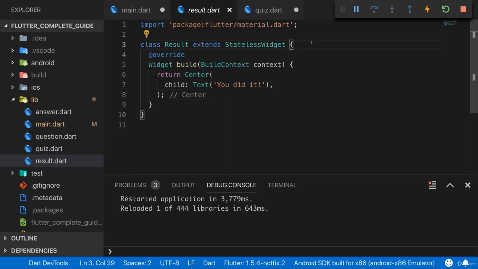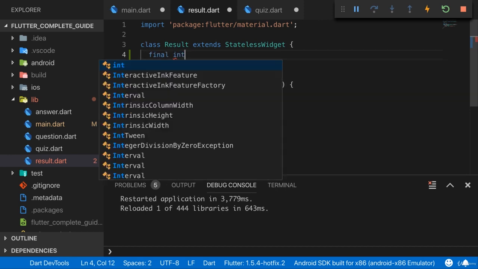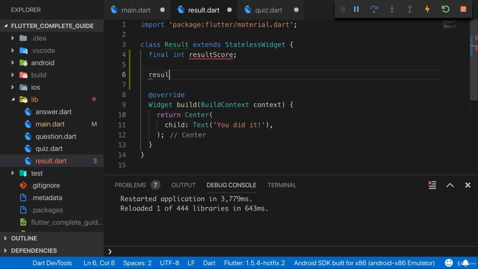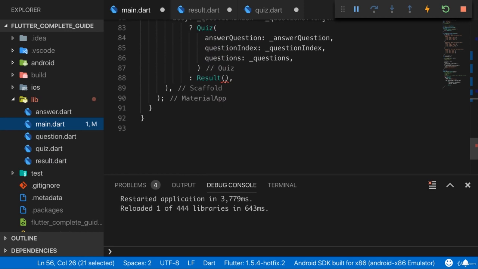So in result here, let's add a final property, an int result score, or whatever you want to name it. Let's add our constructor, and now as a positional argument, though of course you could also use a named argument if you preferred that, but here I will take this as a positional argument, my score. So when we use the result widget here, we now have to forward the score, and that of course now